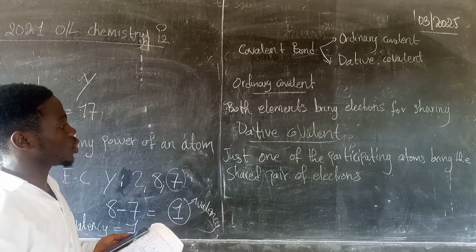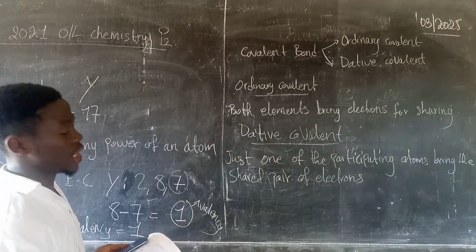So ordinary, both participate in the sharing of the electrons, whereas for dative